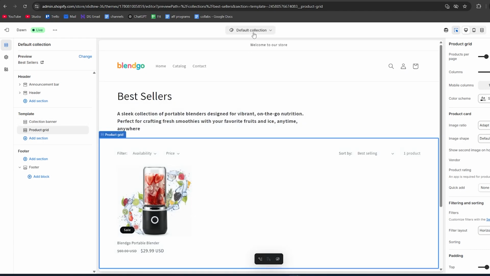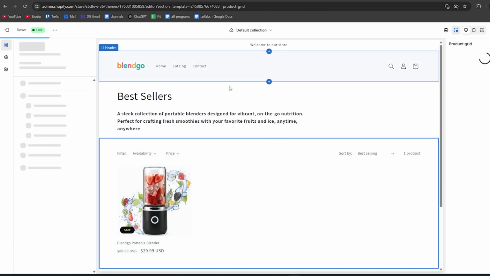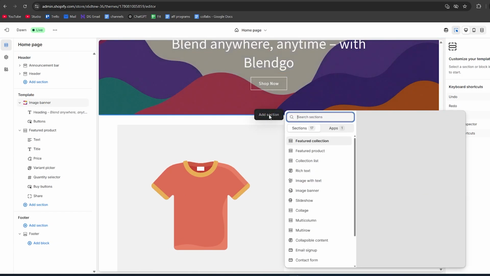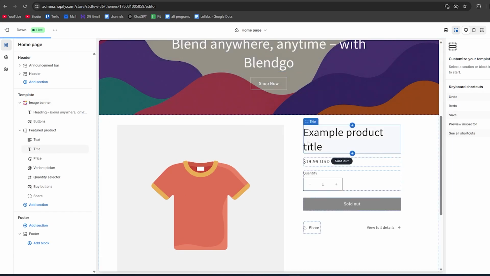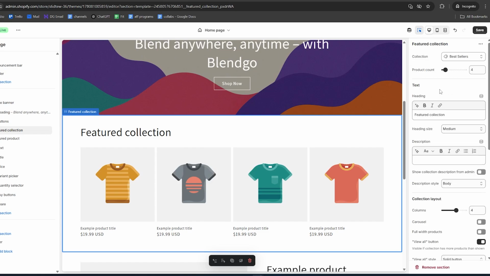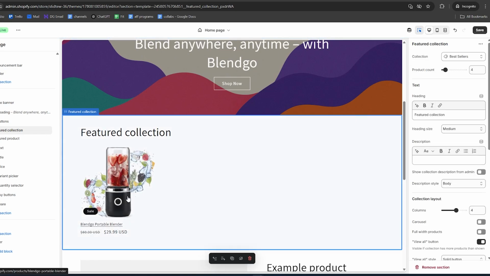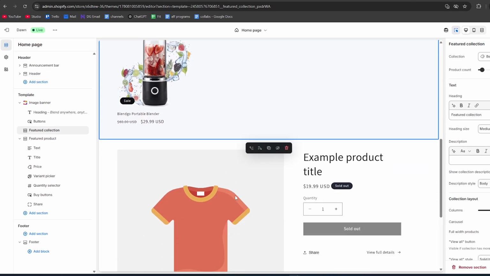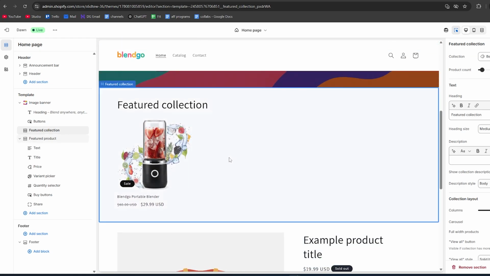What we can also do is add this to our homepage. We can go to the homepage again, right here, then add a section, and then click on featured collection. Then going to the top right, we can select the collection and we can select best sellers right here, and as you can see, it shows again. But as I said already that this will be double with the featured product, I'm going to remove this section